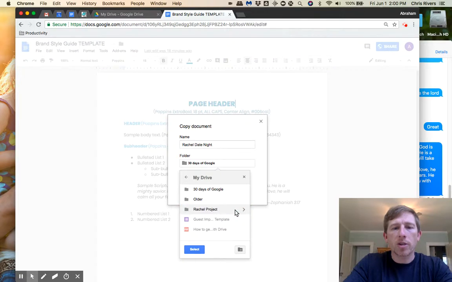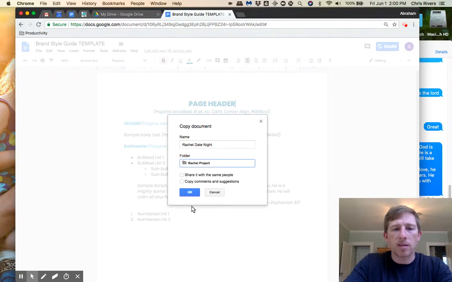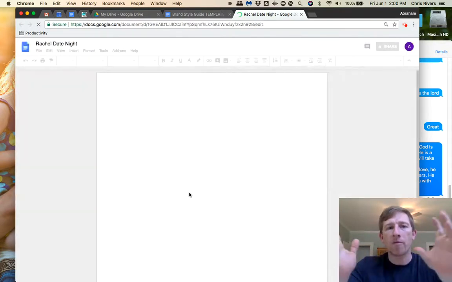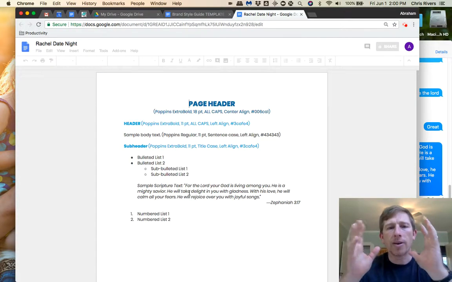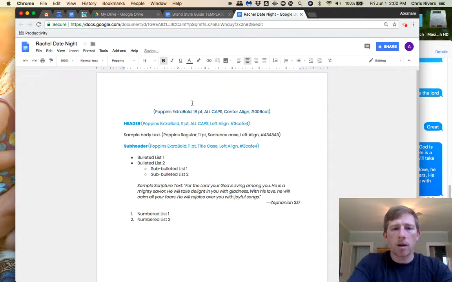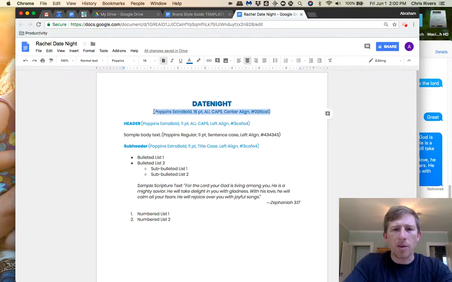So I'm going to make sure this is in the Rachel project. I'm going to hit select and hit OK. And so now what happens is all of my fonts, all of my headers, all of the color hex codes that are saved here come along. And so I can rename this. We're going to call this date night. I can get rid of this because I'm not really going to use this section. And then if I need to change any of the headers,